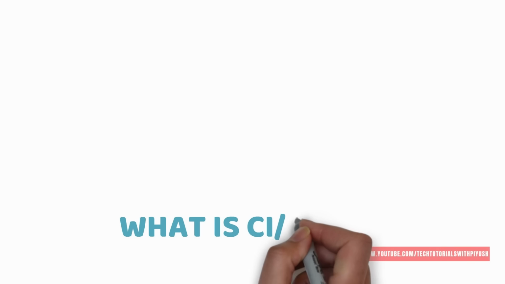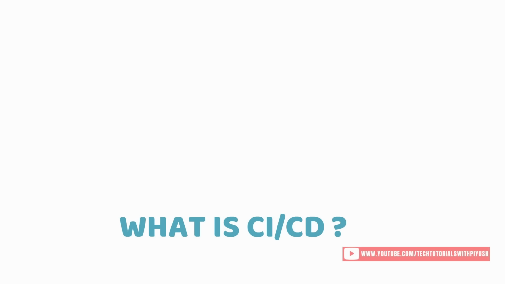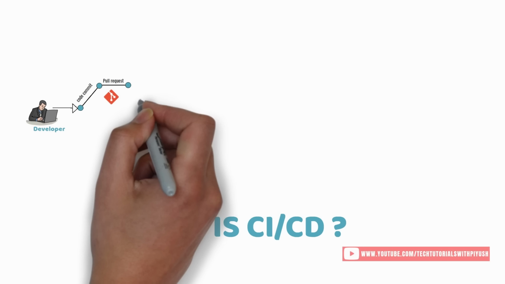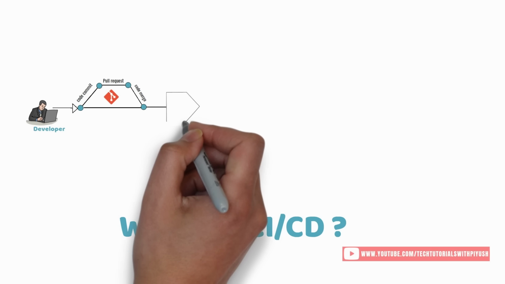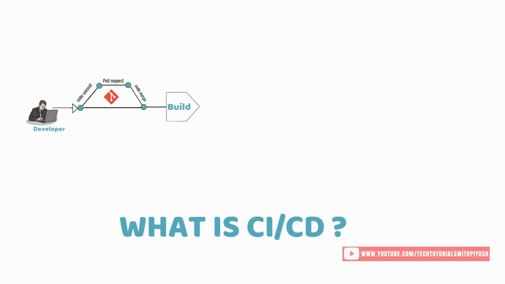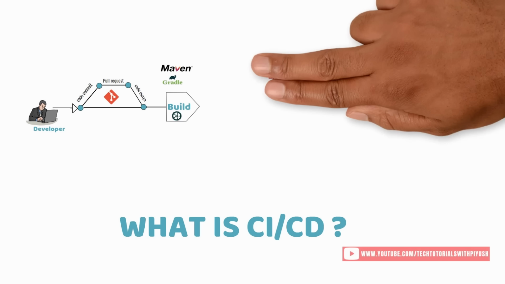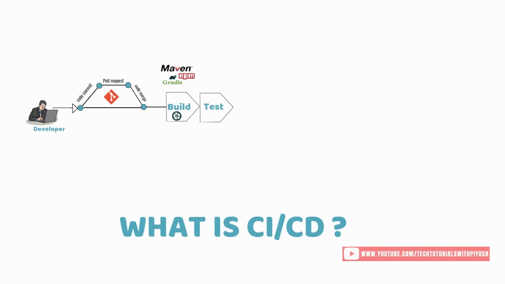Understanding GitLab CI/CD, let's quickly see what exactly is CI/CD. Let's say you have a developer who performs a code commit on one of the feature branches. A pull request is then created for the code merge. Once it is approved, the code is merged to the deployment branch, which triggers the build creation using tools such as Maven, Gradle, npm. Once the build is created, it triggers the test cases using tools such as Selenium, JUnit,